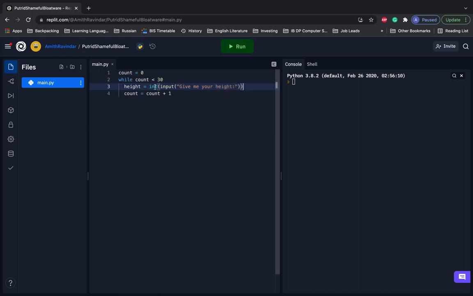Okay. So what this is going to do so far is it's just going to get the height 30 times. This loop is going to run 30 times, so it's going to repeat this code 30 times. But we also want to calculate, we want to get the total, right? And then divide it by 30. So we want to get all of the heights added up together, and then we're going to divide it by